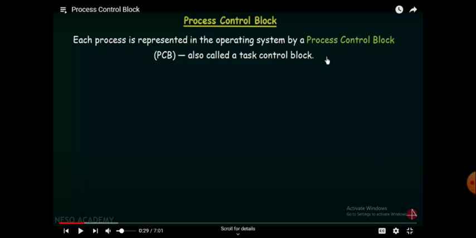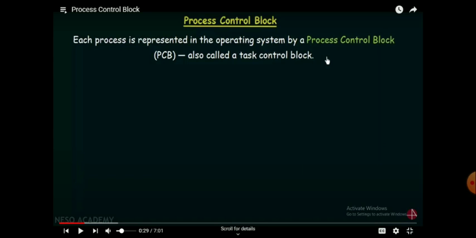So we have seen what is a process and what are all the process states. Each process is represented here by means of a process control block. We are running n number of processes in the computer system, right?